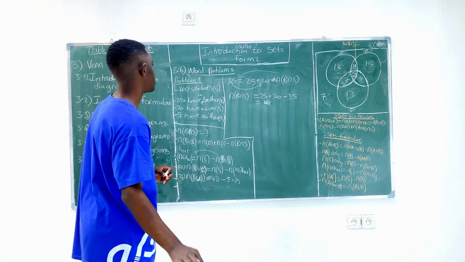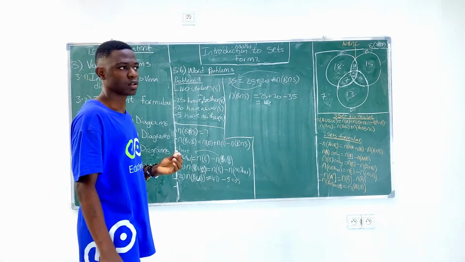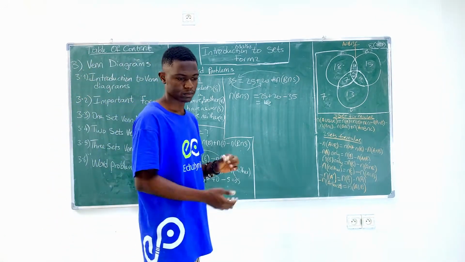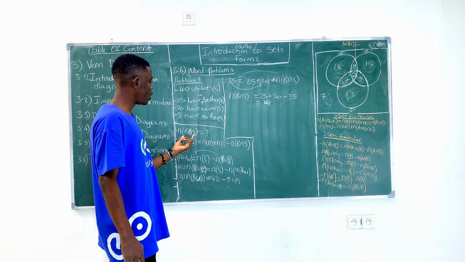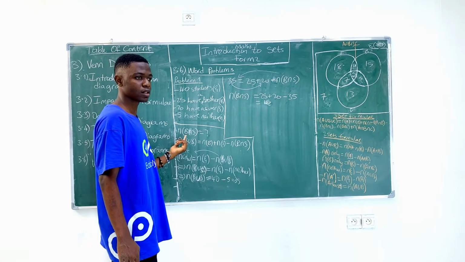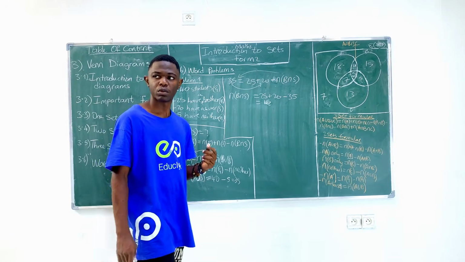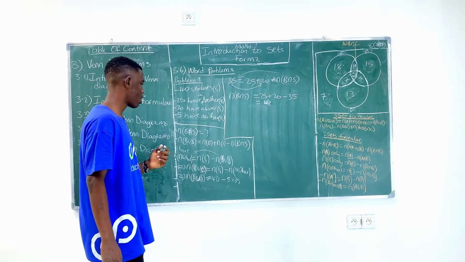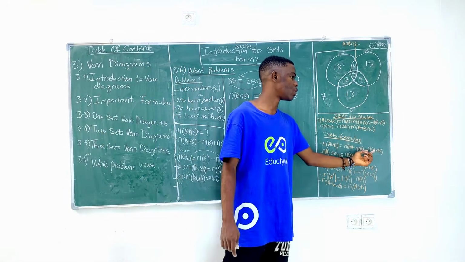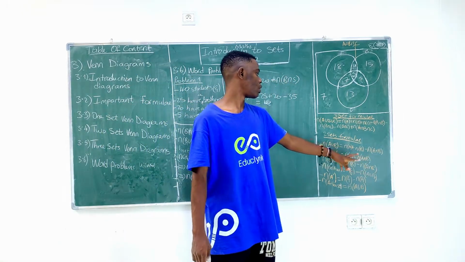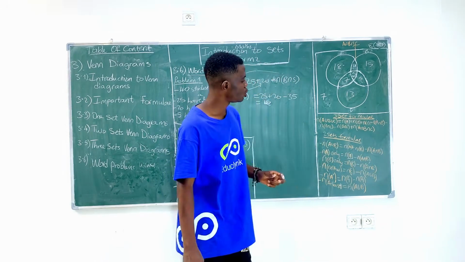So let's go to problem 2 now. Hope you have understood how we did it. Let me explain how we did problem 1. We were looking for the number of people that have both brothers and sisters together. We are going to use this formula because it involves the intersection. So using this formula,